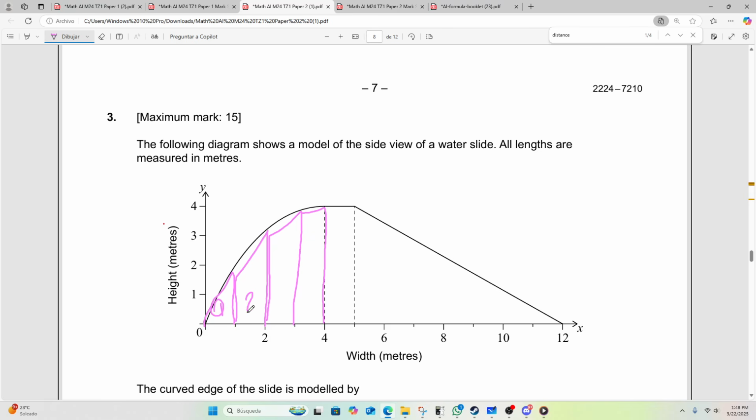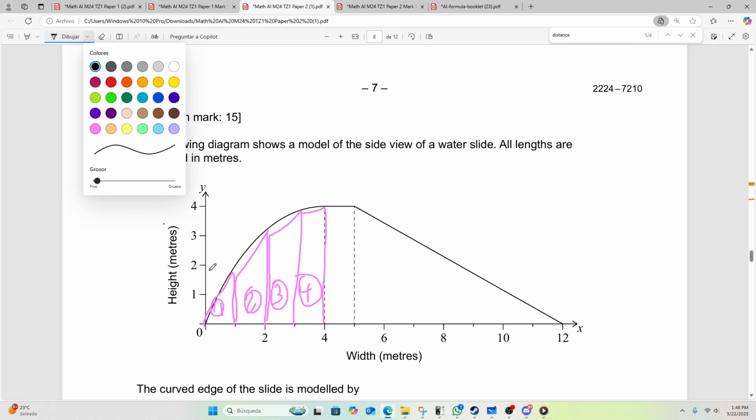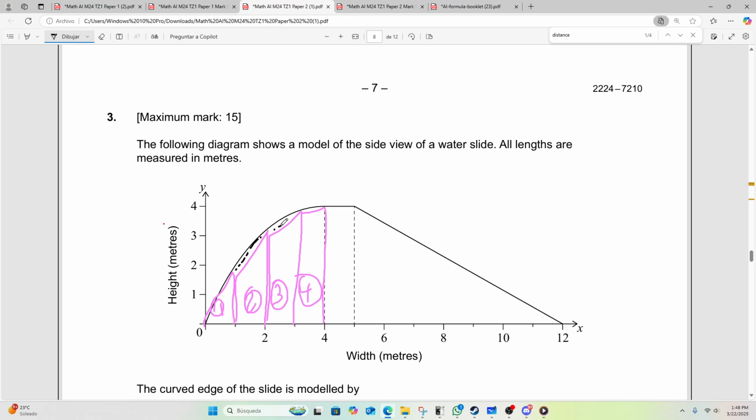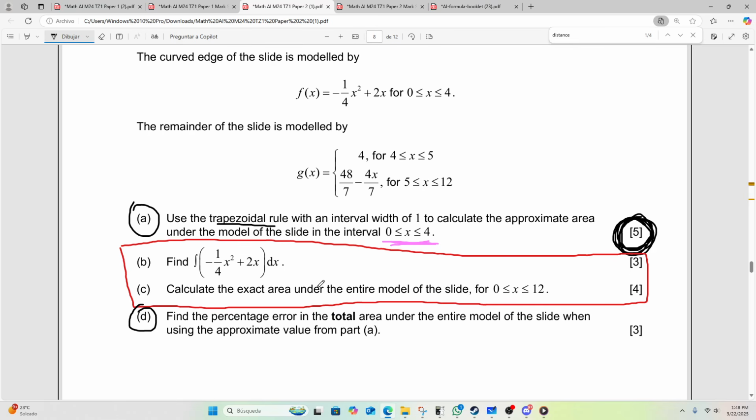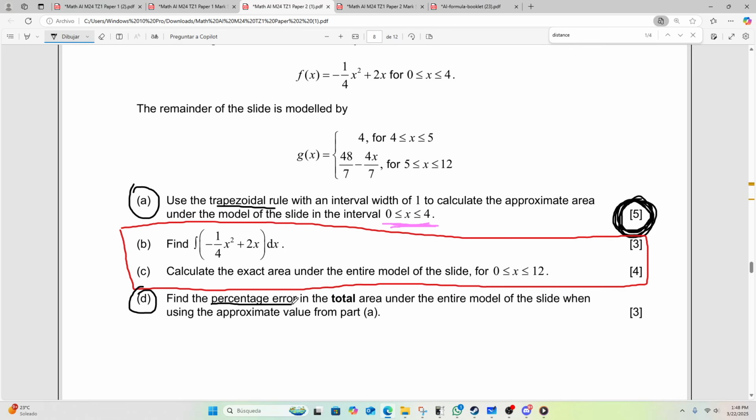So if you were to take these 4 trapezoids and add them all together, it's pretty much the area under the curve, right? However, there's a little bit of space here that we're not accounting for. So that is why the trapezoidal rule is excellent for finding the area under the curve, but as an approximate value. And so that is why the percentage error usually shows up, because the trapezoidal rule, remember, is the approximate, while the integral is for the exact.